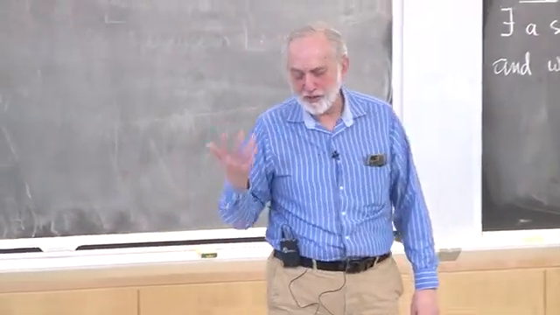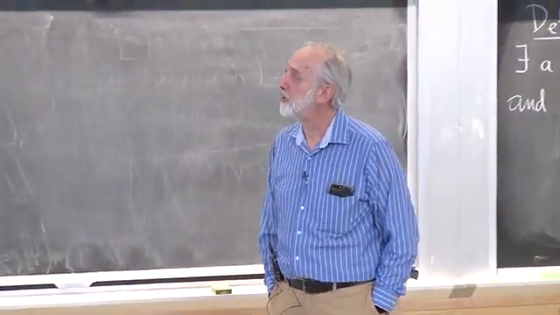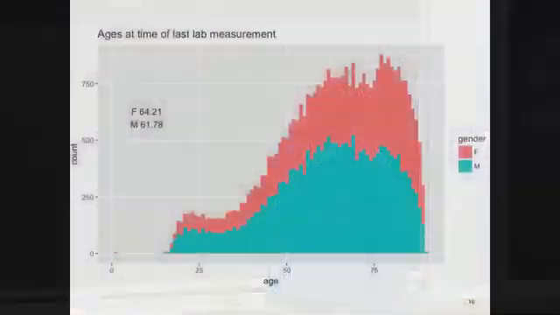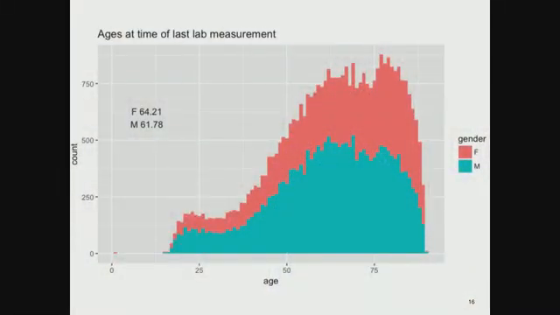Now, if you want to try to analyze some of this stuff, you can say, well, let's look at the ages at the time of the last lab measurement in the database. So we have the times of all the lab measurements. So we can see that many of the ICU population are fairly old, right? There's a relatively small number of young people and then a growing number of older people in both females and